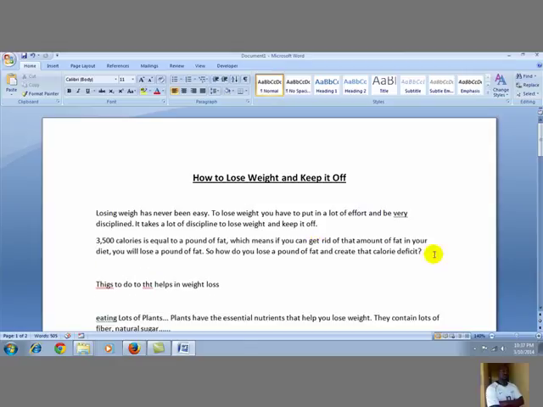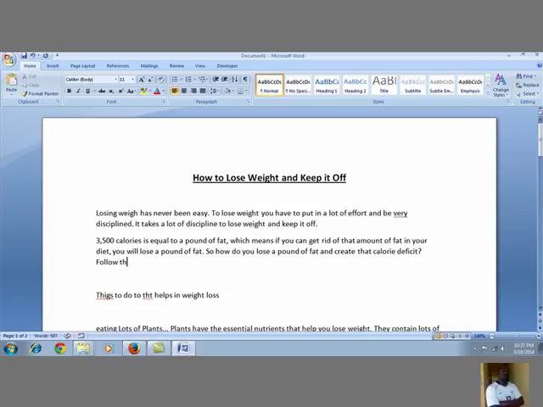And then we could say something like, follow the steps below to lose that weight and keep it off. Then, things to do to lose that, things to do